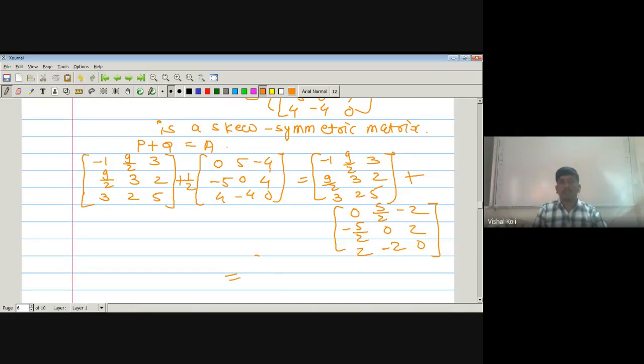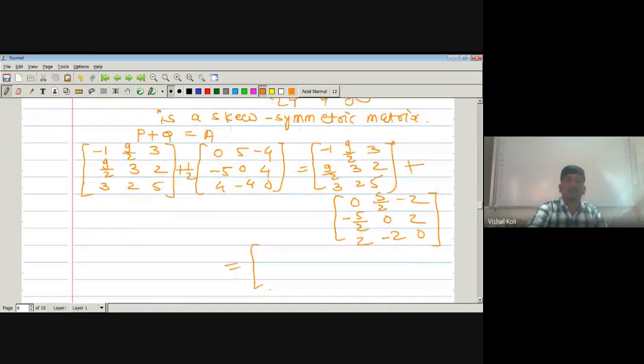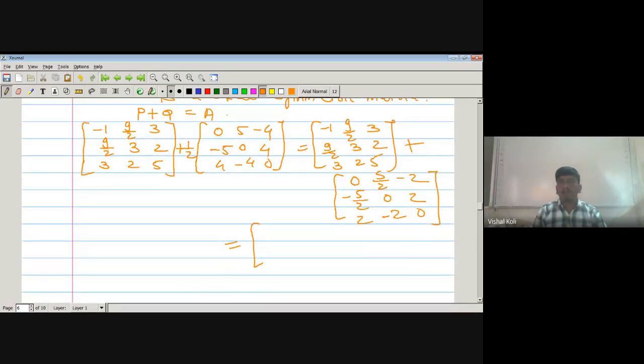So its sum will be equal to minus 1 plus 0, which is equal to minus 1. 9 by 2 plus 5 by 2 is nothing but 9 plus 5 14, 14 divided by 2 which is equal to 7. 3 minus 2 1, 9 by 2 minus 5 by 2, 9 minus 5 4, 4 divided by 2 which is 2. 3 plus 0 3, 2 plus 2 4, 3 plus 2 5, 2 plus minus 2 which is 0, 5 plus 0 which is 5, and this will be a given matrix